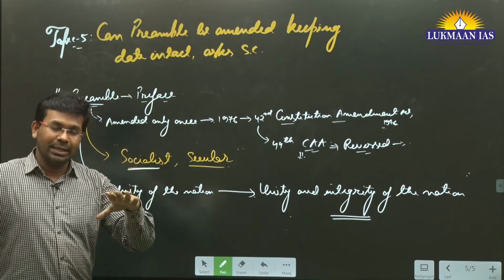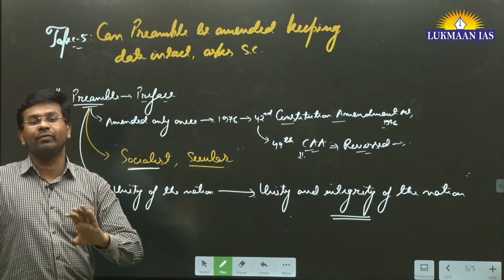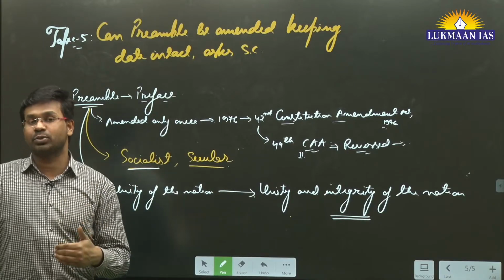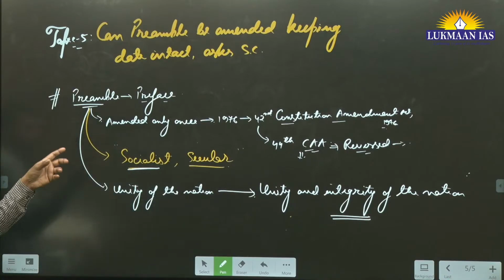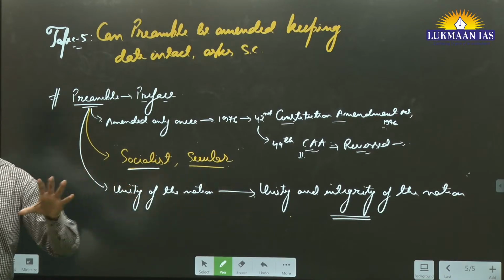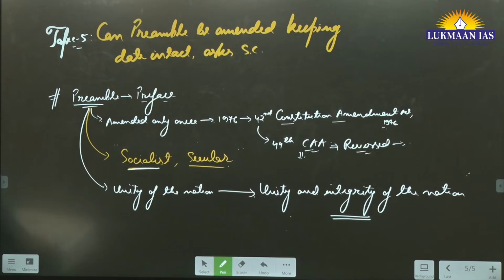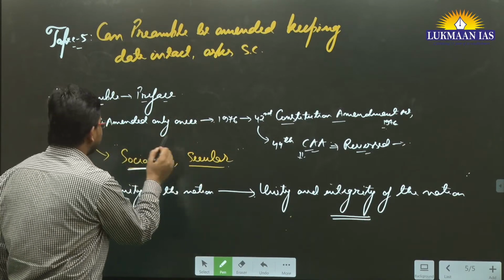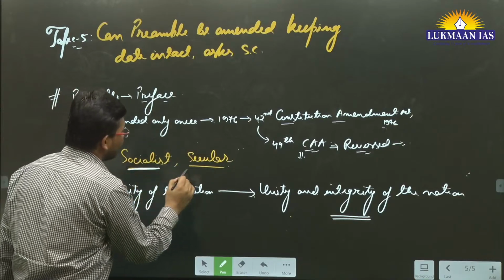Here, the state will strive for welfarism. It is going to provide welfare services to its citizens, and resources will be distributed among the people on the basis of equity. So basically what they have done in 1976 through the 42nd Constitution Amendment Act is add these words